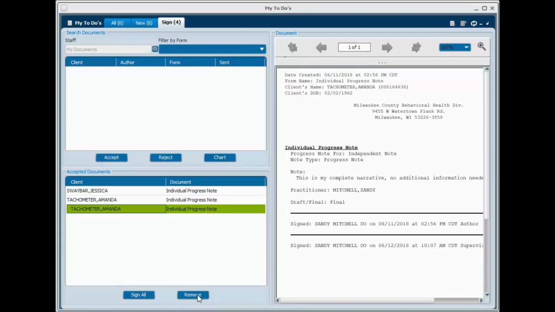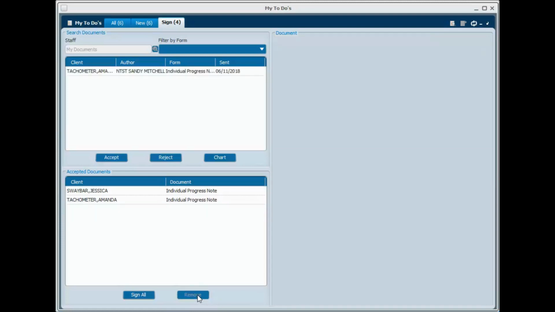If by chance I happen to notice something on here and think, ooh, no, I'm not quite ready to accept this, I can remove it from this window. It goes back up to the top, so I'm not accepting or rejecting it at this time. I'm only going to be accepting and signing these 2 in that bottom window. Okay? Now, just for the purpose of our